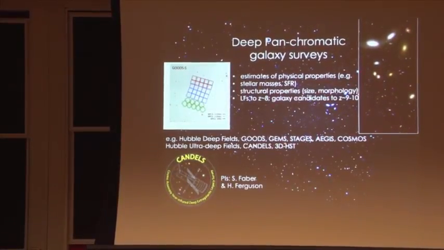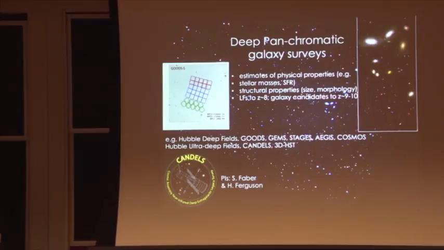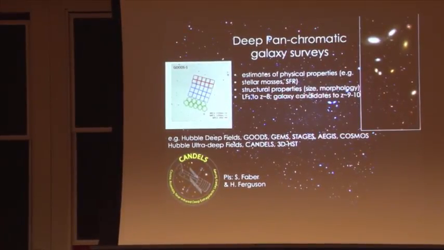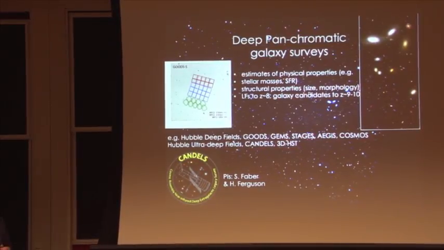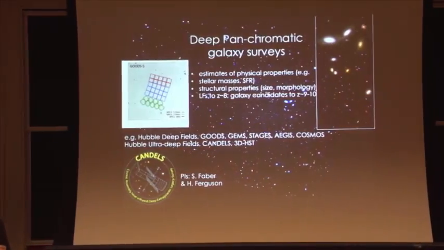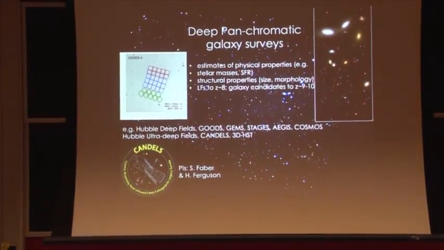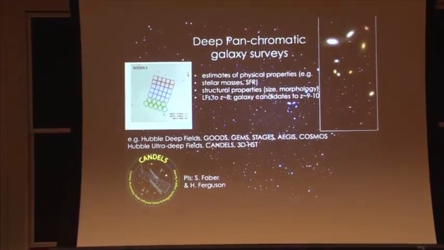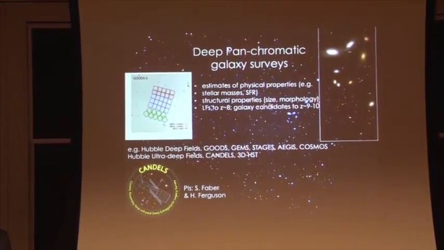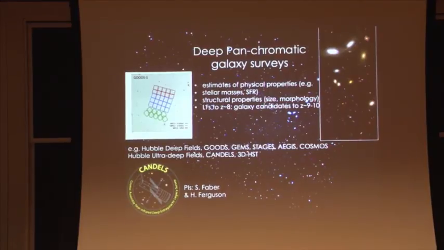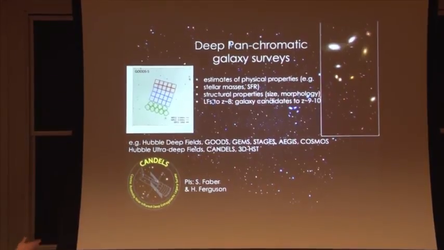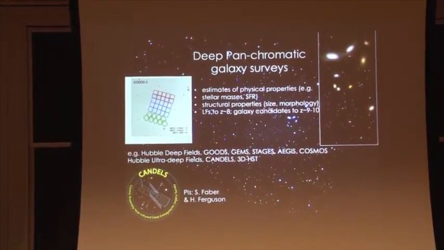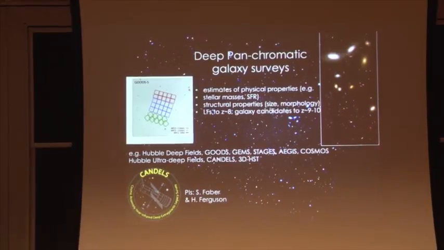What's perhaps even more exciting, at least for me, is that in the last couple of years, we're now able to do fairly large surveys reaching out to very large cosmic distances, probing very distant galaxies. And so these surveys are centered around high-resolution imaging with the Hubble Space Telescope, but also have a large amount of panchromatic observations from many different facilities: Chandra X-ray telescope, the Spitzer infrared telescope, the Herschel infrared telescope, and so forth, really covering all across the electromagnetic spectrum.